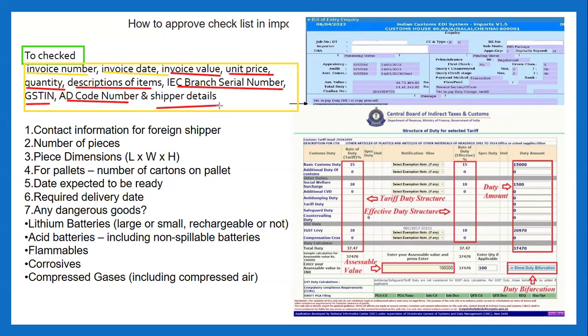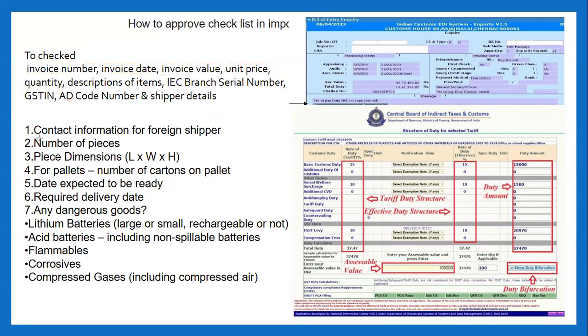These are the basic details we need to check properly. If you make any mistake in these fields, you may face the problem of the shipment being held at customs. You may also face problems in future with the auditor. So keep in mind that you have to check these details very carefully.